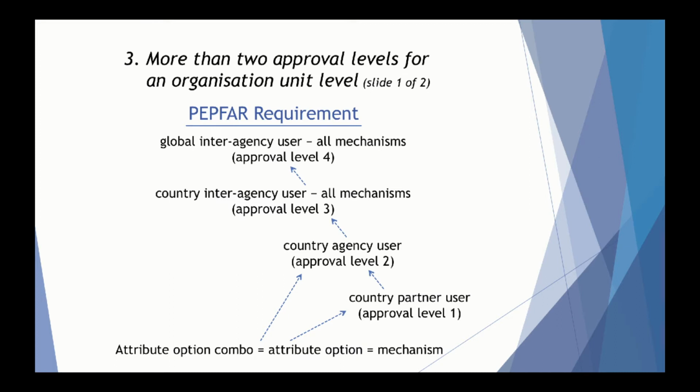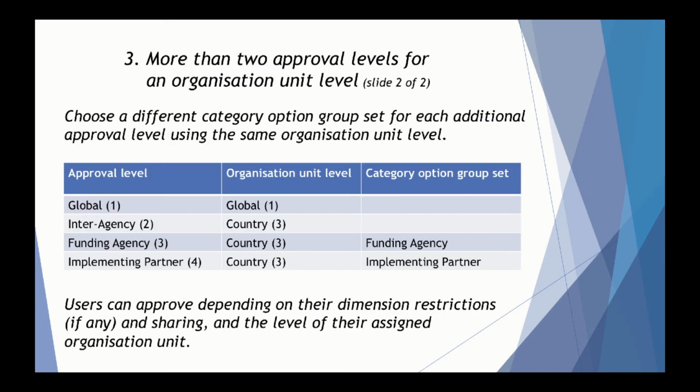So how do we model 3 approval levels at the same org unit level? That was the question we were faced with. And that's why this very strange design came of specifying a category option group set in the approval level. So the answer is,